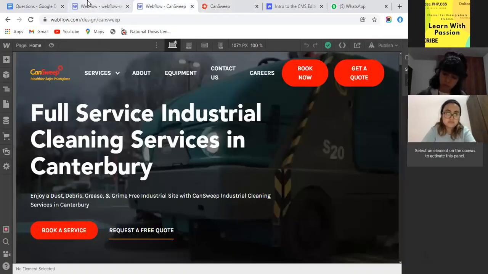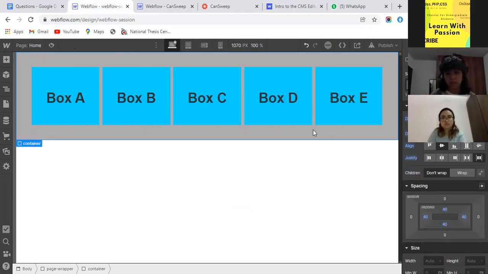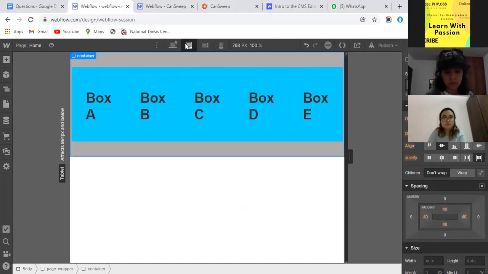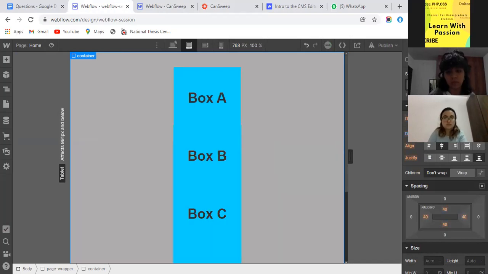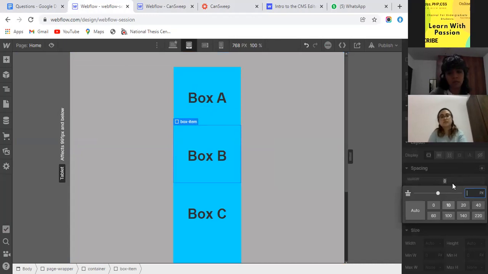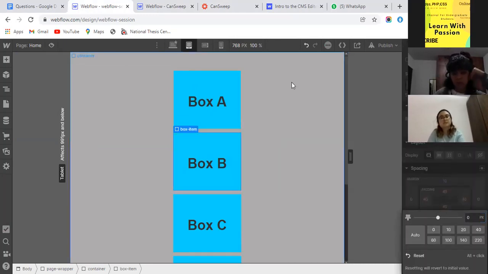Okay, one more thing I want to discuss. First of all, in the scenario of the flex box like this, we can handle it also. How can we handle it on the mobile view or tablet view? Like you can see, it's a tablet view. Now we have the option to just convert it into the vertical view and add some top and bottom margins to keep the space between the boxes.